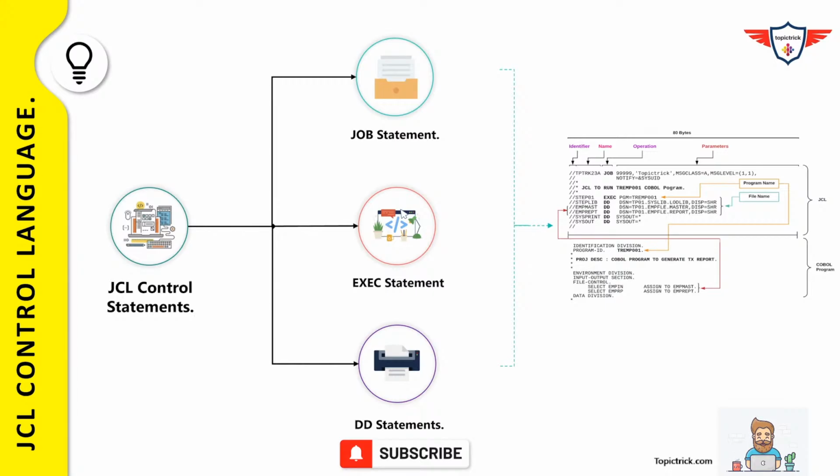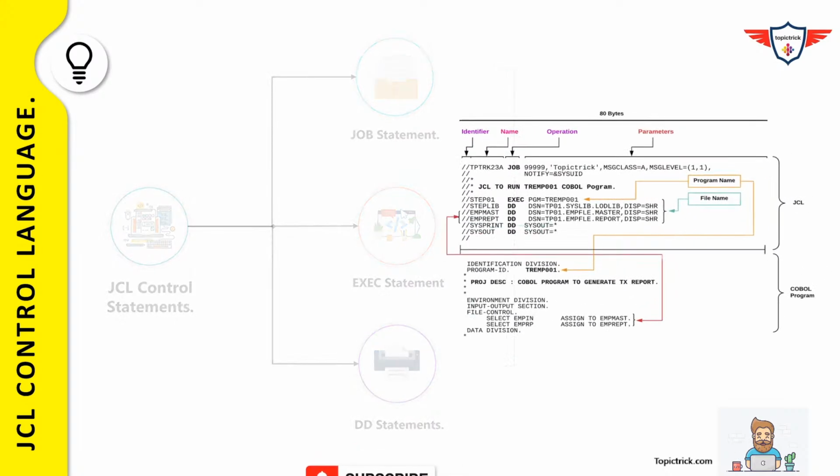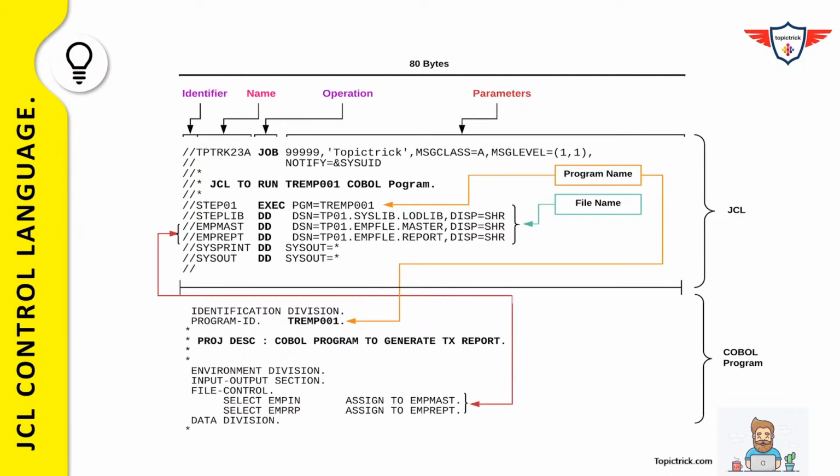And this example will help you in connecting the dots, how exactly the different job control statements are included in a job step and how these job steps are combined to form a job. So if you look at the right hand side of your screen, you have an example, and this example illustrates how exactly the job control statements are linked to the COBOL program name or the file names, right? So if you look at this example, on the top section you have a sample JCL that will execute the program